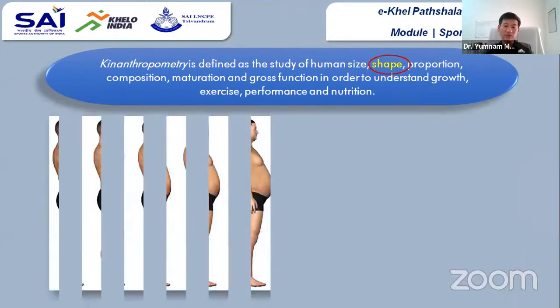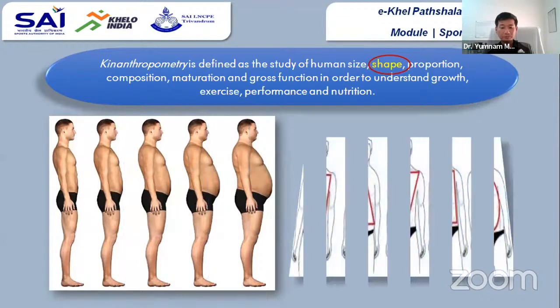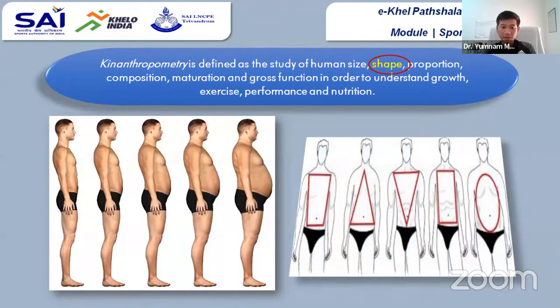Now shape, we have different shapes like round shape, lean and thin. So accordingly game के हिसाब से उसका जो size and shape है वो prefer करता है. Like in throwers, you can find difference among the athletes, the throwers, sprinters, long distance runners. You can see the basketball player and then gymnastics को देखा जाए. So they might have some structural difference or some peculiarity in the game. So this subject deals with the size and shape of that individual for that particular game.